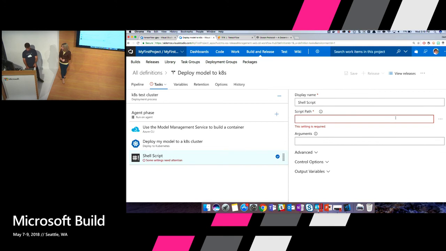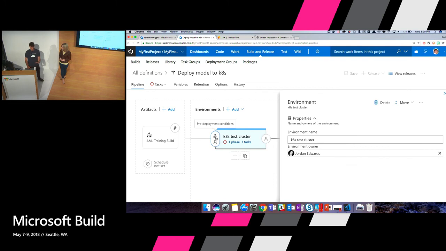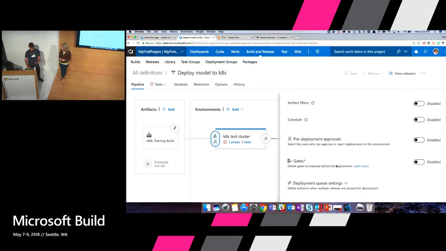So you could choose the path from your source repository, which is how I call Azure Batch AI to do the work. And that is just part of the orchestration that VSTS does. So it will fire off that task, and then you could either put a task in here to wait until that was done, or have a trigger based on that completion to say, all right, now that's done, let's go to the next step. So again, with that pipeline that I was showing where you have the gates, that could literally be an